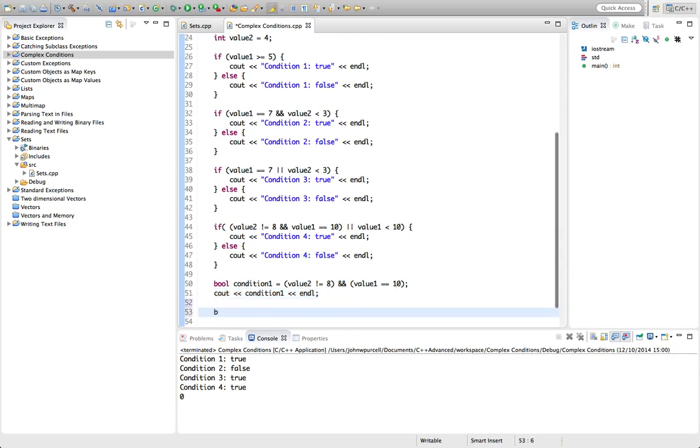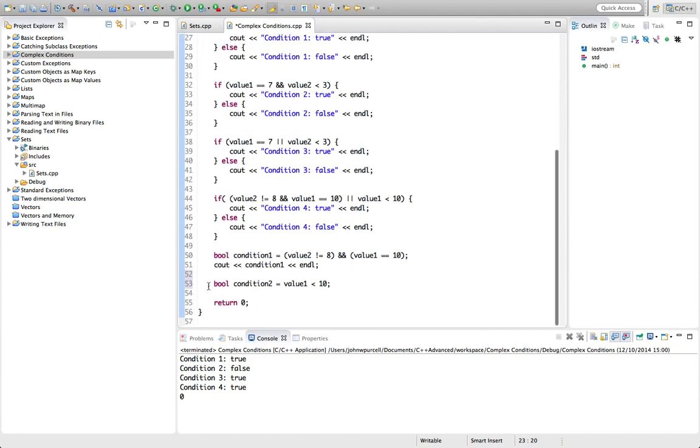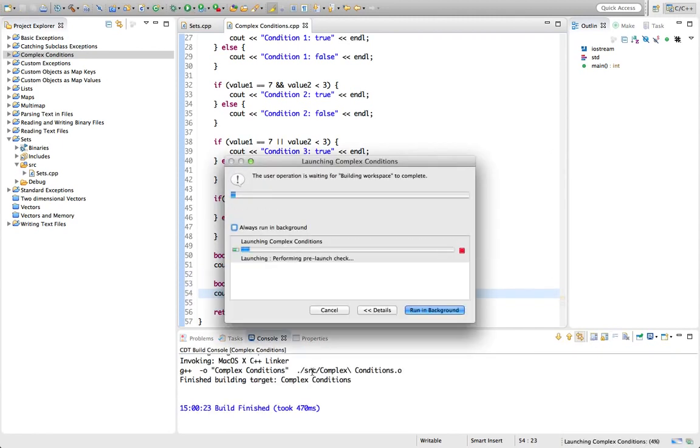We can then say bool condition2 equals, let's make it equal to this condition here. Value1 is less than 10. Is value1 less than 10? Yes, it is. So this condition is going to be true. Let's output it and double check. So condition2 will output that, and we find that it's